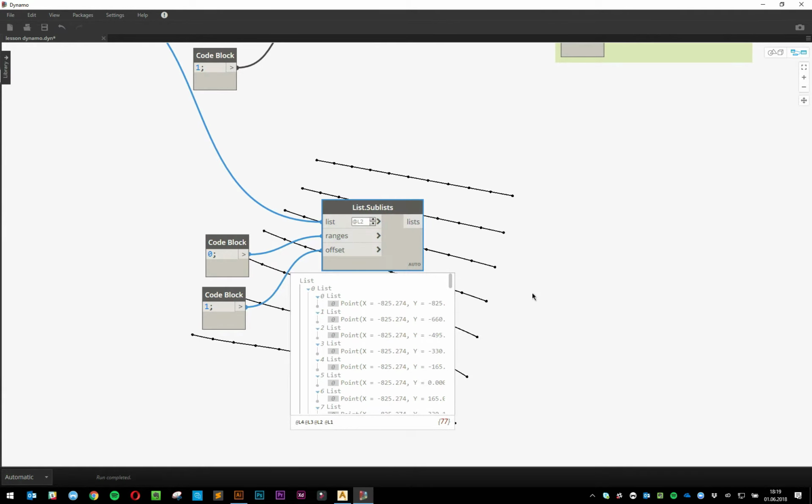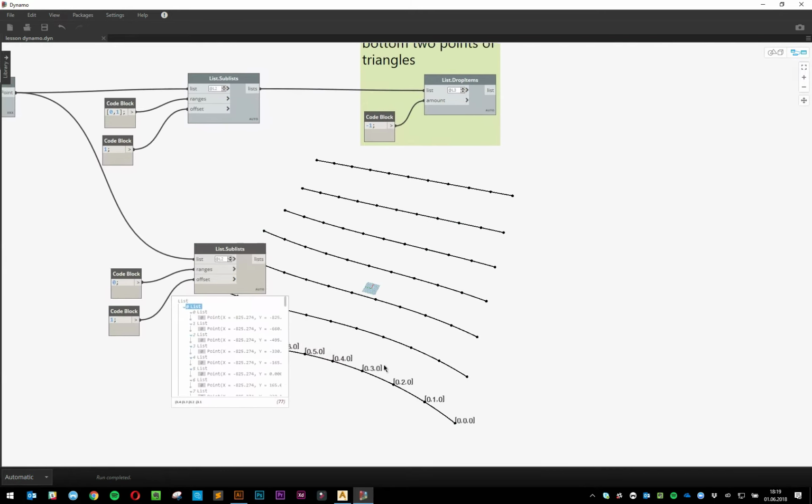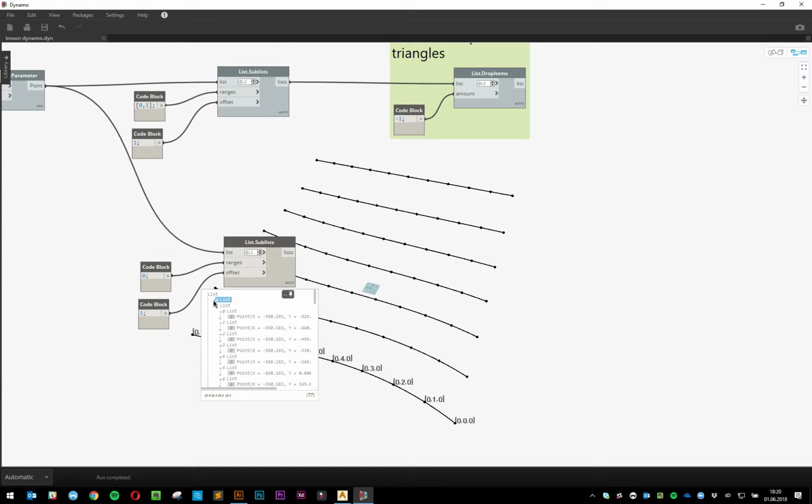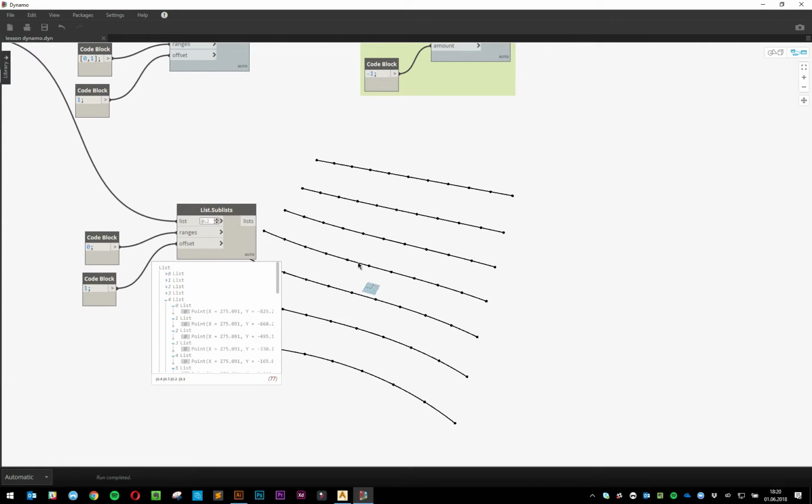Turn preview on. Turn this guy off. Okay, so I see what the problem is. First of all, we don't need that first curve, so we need to discard the first curve, the first list. So we do that with, first of all,